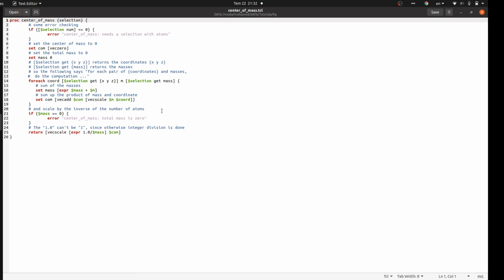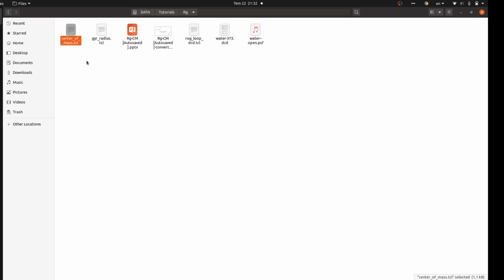I didn't write this script. These scripts are available in the VMD library, but I will tell you briefly the function of this script. The first script is calculating or defining your center of mass. Okay, I don't want to make the video long, but you can go into its details, and it's free in the VMD library. Okay, so we have the center of mass. Then